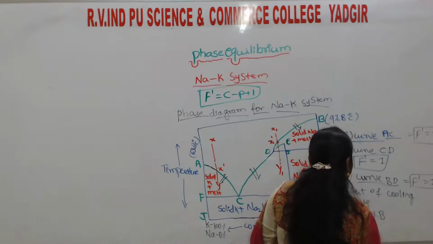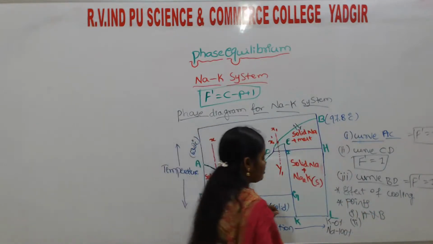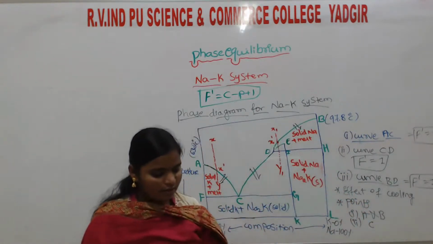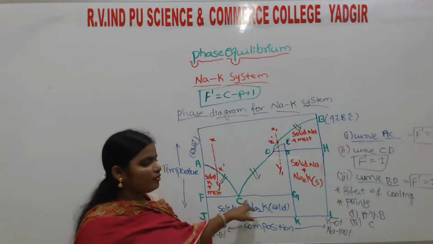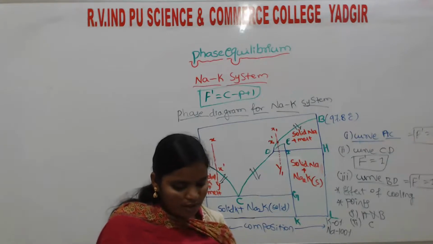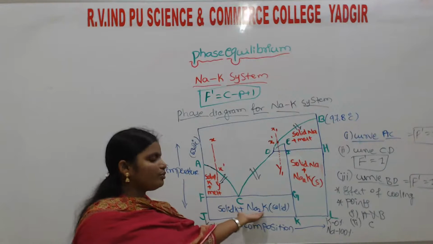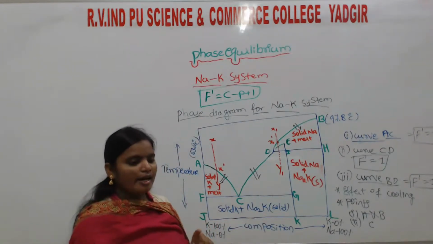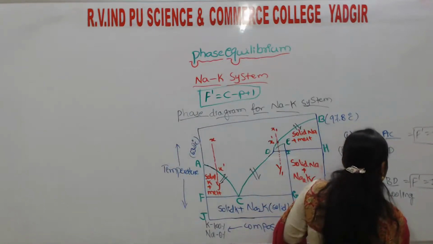and second, point C. I explained this point C already. Here point C is the eutectic point. This is a eutectic point. Here, in the sodium potassium system, there are three phases, namely solid K and Na2K, and another is a melt. Here solid K, Na2K, and melt. Here C represents solid K